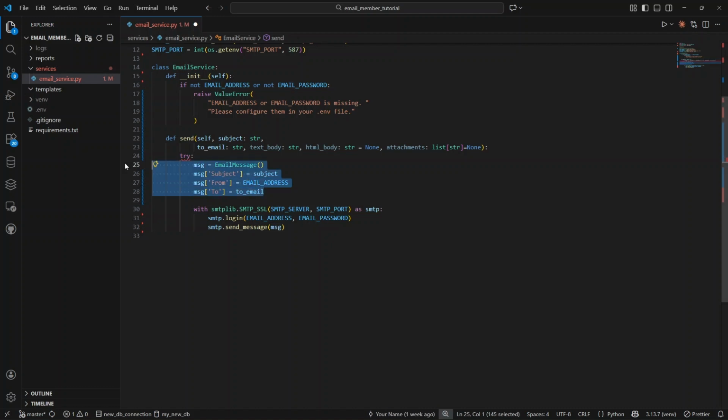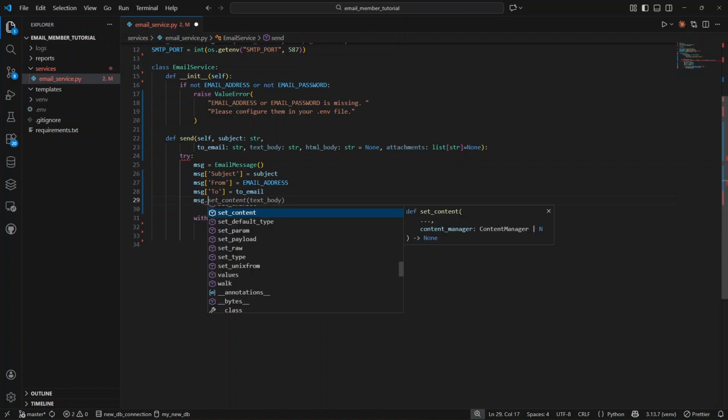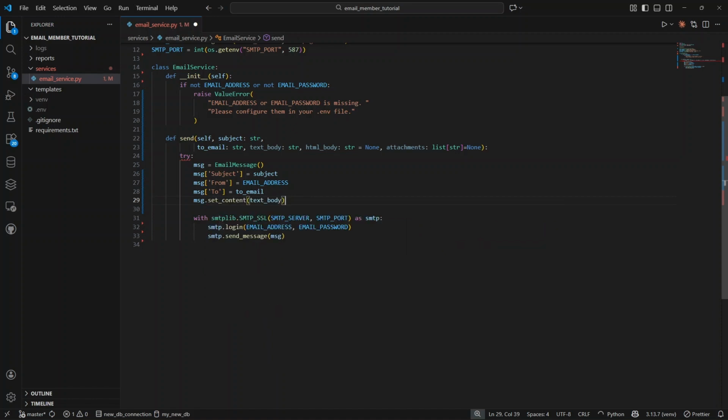we send this message object, and we need to add our body to it. Okay, in this email message object, there is subject, there is from, and there is to, but there is no actual body. So I forgot to add the body. So let's just add the body: message.set_content and set text body. And now everything is there, and we will try to log into SMTP using SMTP server and SMTP port and